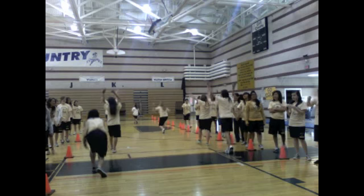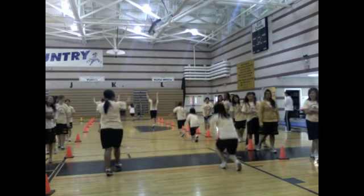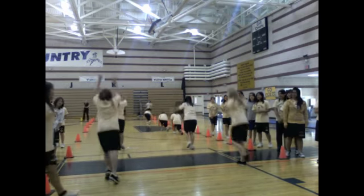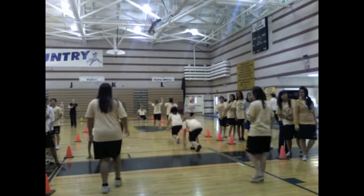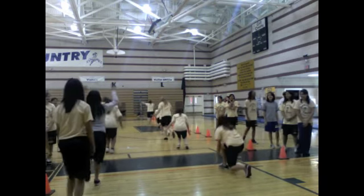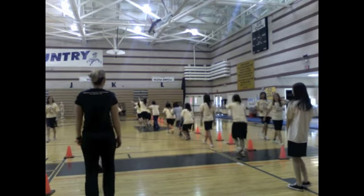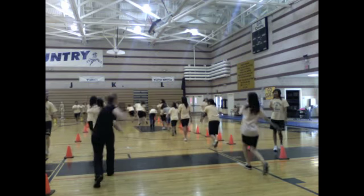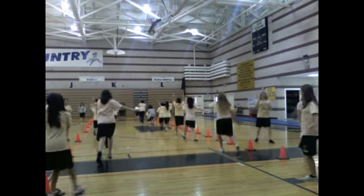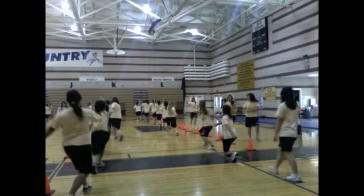But eventually as we get more in depth with the class, it will speed up, and you can see as the girls get going, you can look at them as they come back whether or not they're running or not. You can set this up to last as long as you feel necessary. What I did was I did it on an individual class basis. As I noticed maybe the kids were getting a little bit more tired, I would either change the drill to make it so that their heart rate could recover, or I would give them a little drink break, a chance to catch their breath. This class lasted for 30 minutes with all different types of movements,